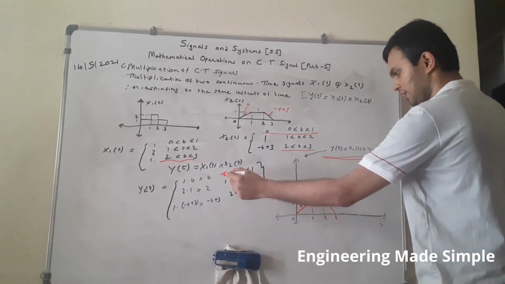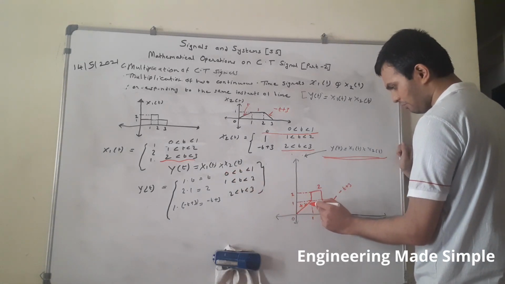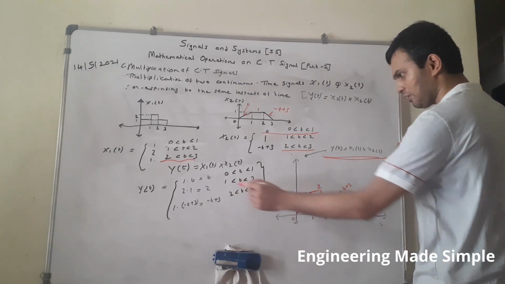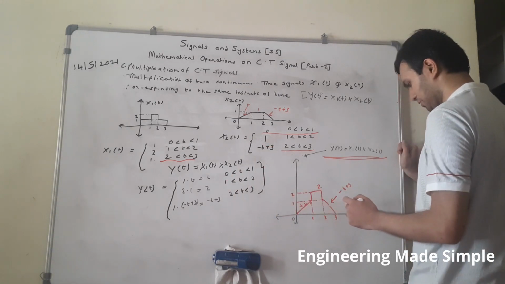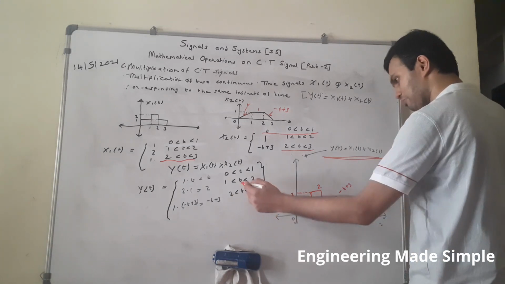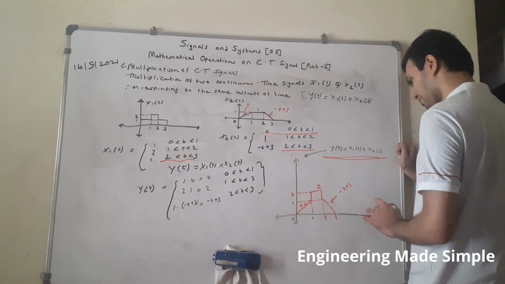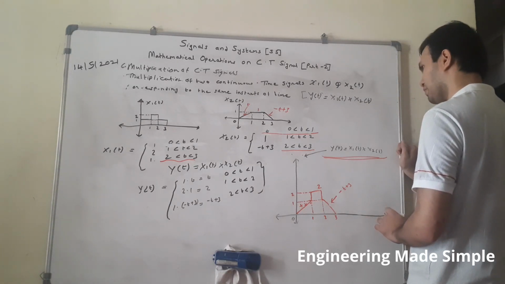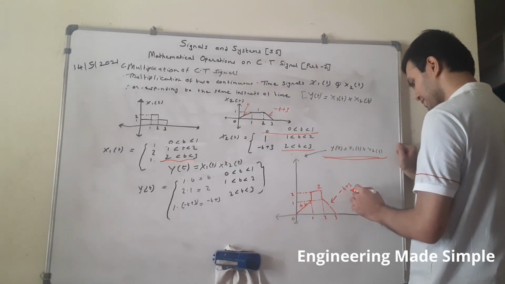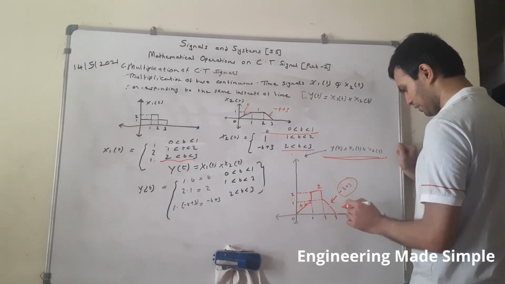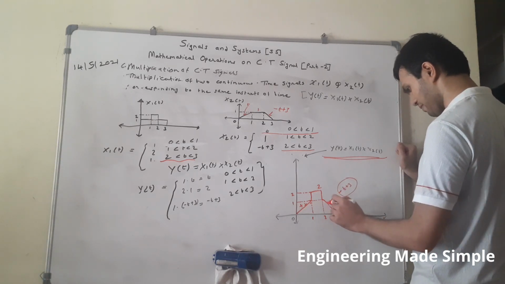So this is t, and this is how it will look. For the time interval 1 to 2, its value is 2, because by multiplication we found that out. And again by multiplication, between 2 to 3, its value is minus t plus 3. So this is how the multiplied signal is plotted. And this minus t plus 3 is nothing but a straight line with negative slope. So that is why we obtain this.